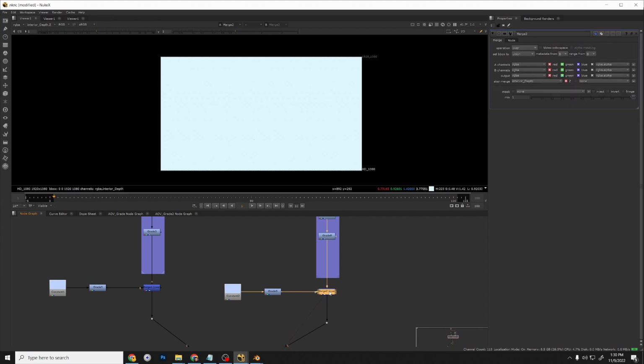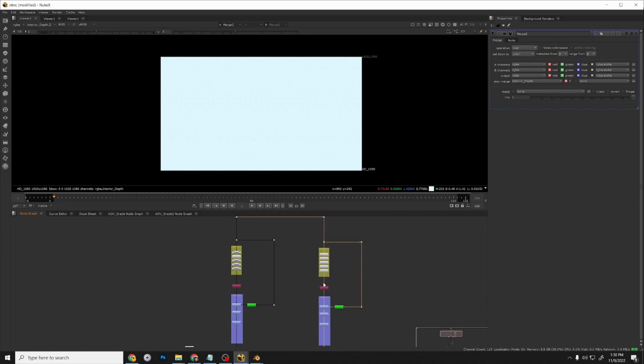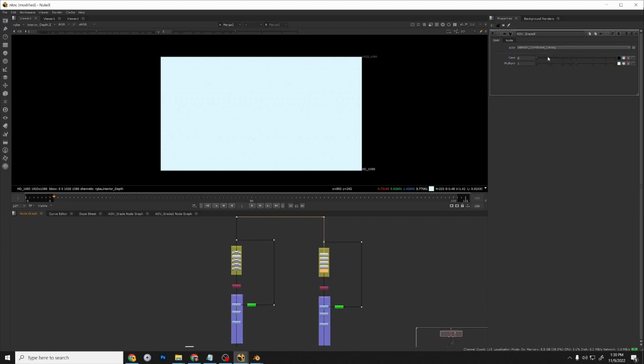So you won't see any information. Let's see if we gain. Yeah, it's also affecting the alpha. That's a problem. We don't want to grade the alpha. We just want to grade